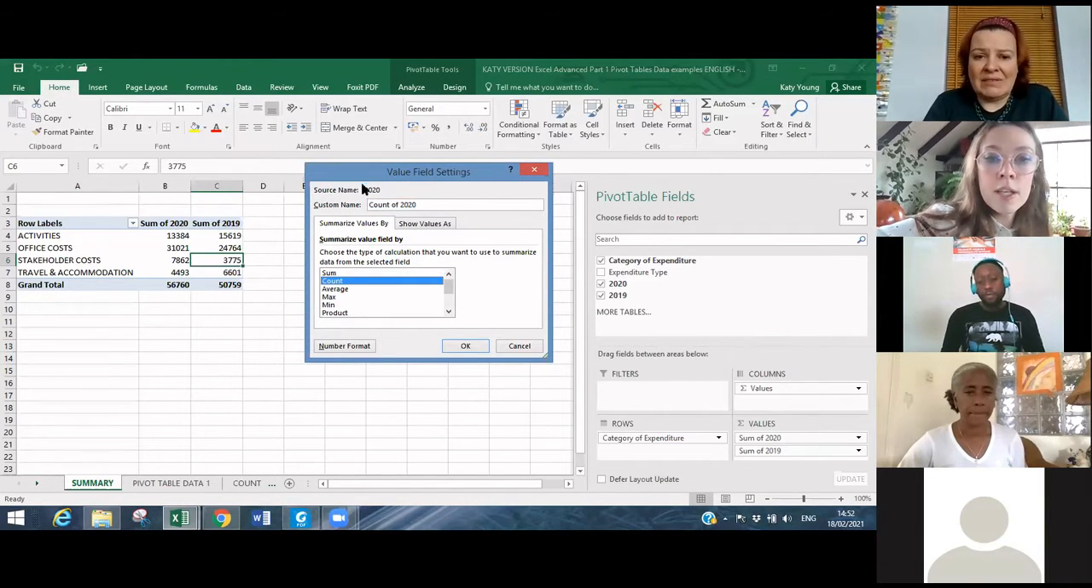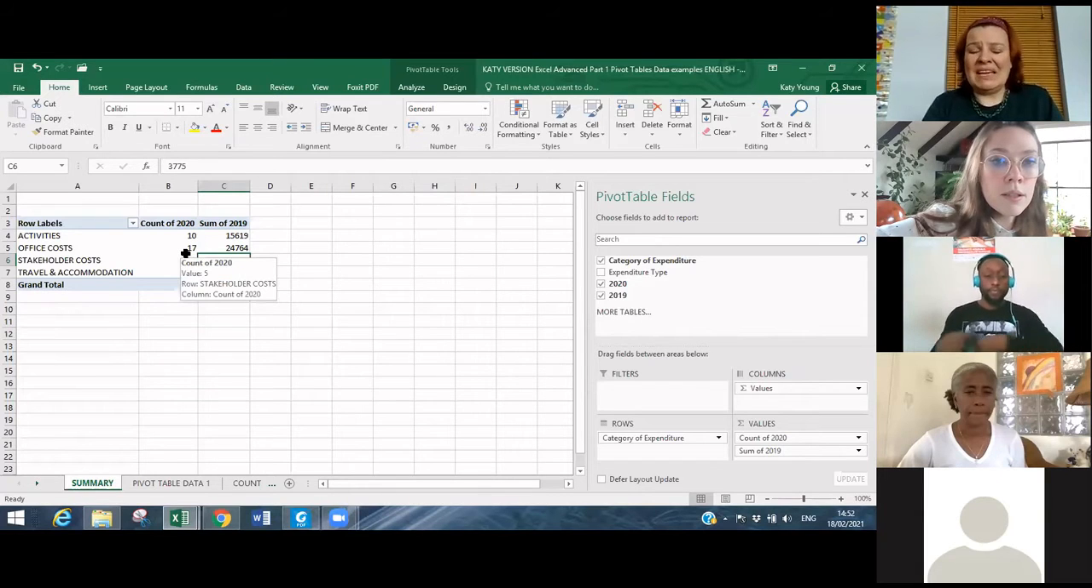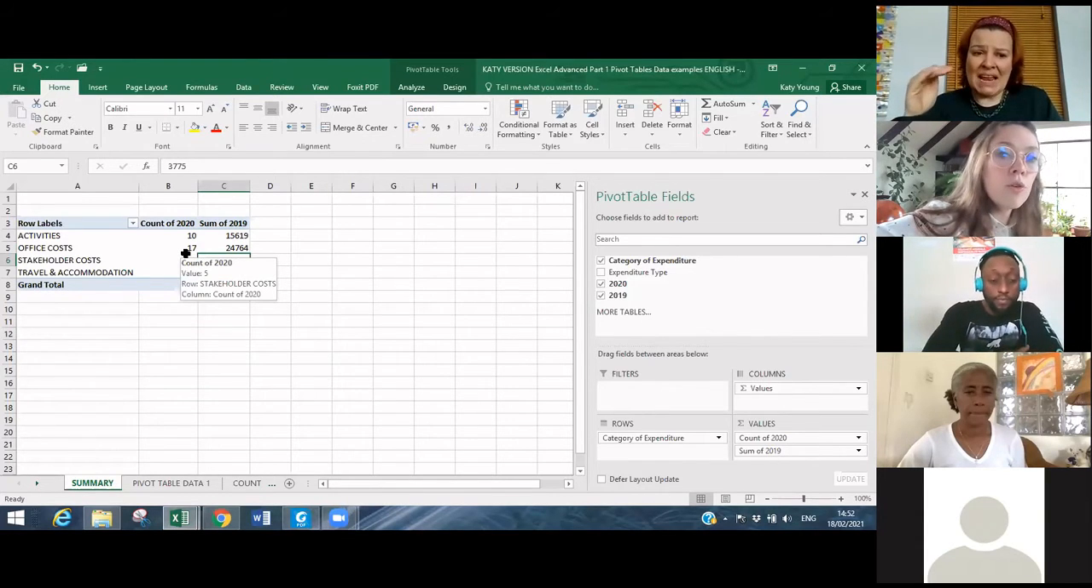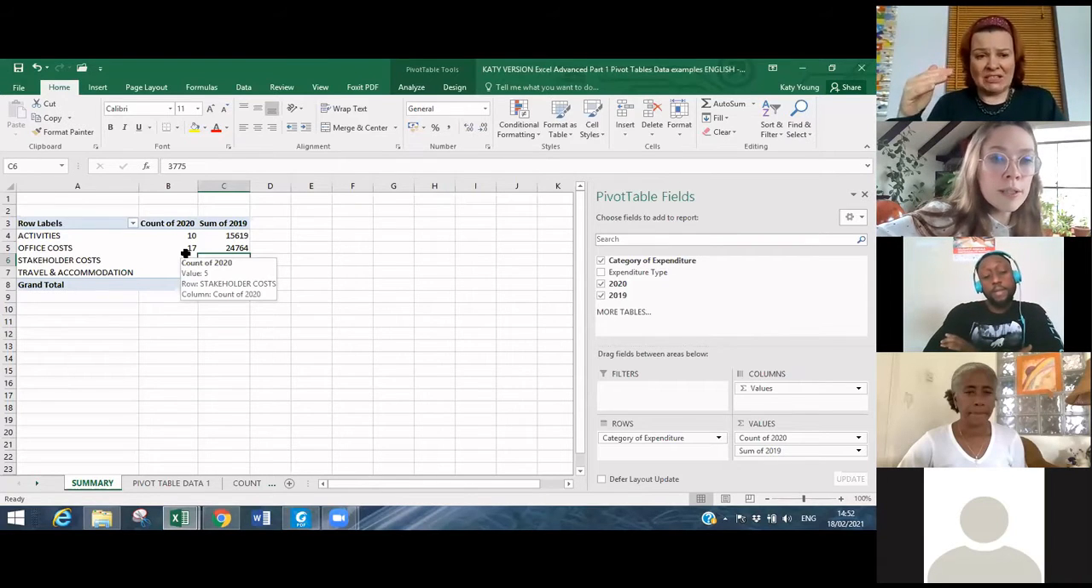And let's have a look. If I choose that, and it's being applied to the 2020 column, let's look at count, what happens. Okay. Count. So now the pivot table is counting how many entries there were against activities, how many entries against